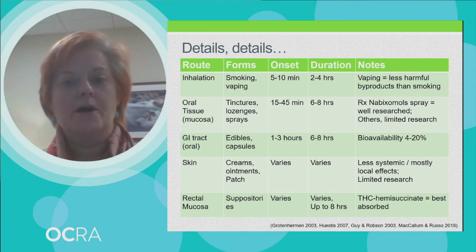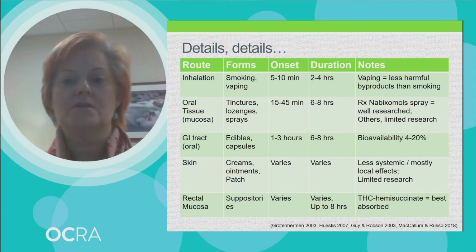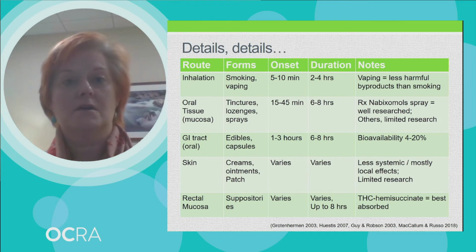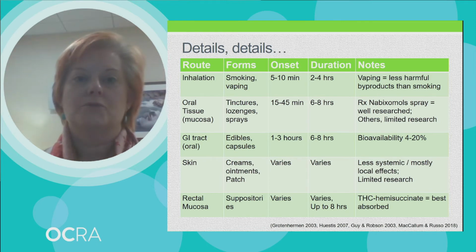It's worth noting too that bioavailability, meaning how much medicine a person would absorb in this form, is really variable. Some people might absorb only 4% and some 20%. What's important about that is to know that if your neighbor tells you to take a certain quantity, what if he only absorbs 4% and you're a 20% absorber? So you may want to take, whatever anybody suggests to you, a quarter of that the first time you're trying a product if you've never tried it before.